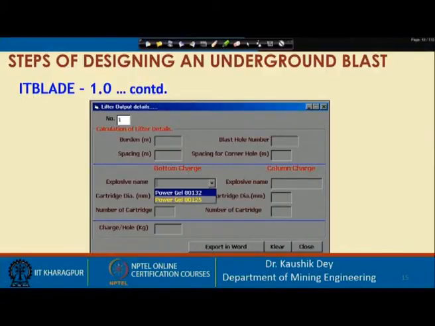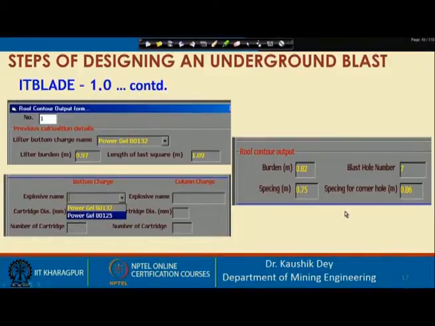In lifter holes, if you see, already the cut area is fixed. So, the lifter holes are calculated first, and you can see the burden of the lifter holes is fixed, then the roof holes are calculated and the burden of the roof hole is fixed now.